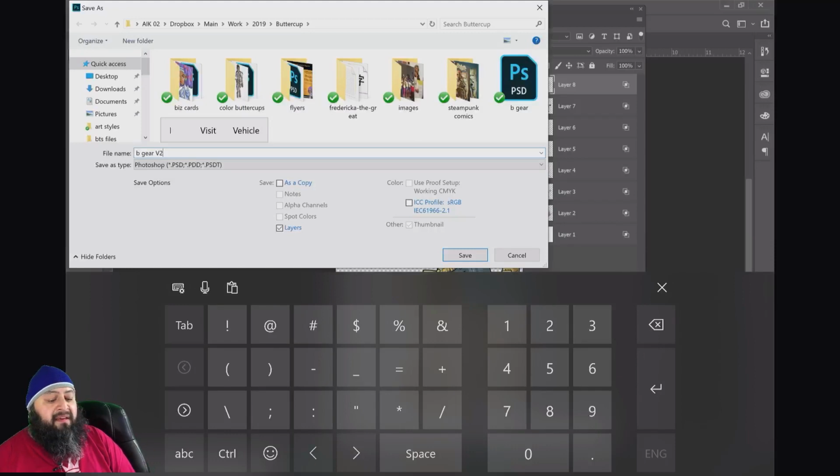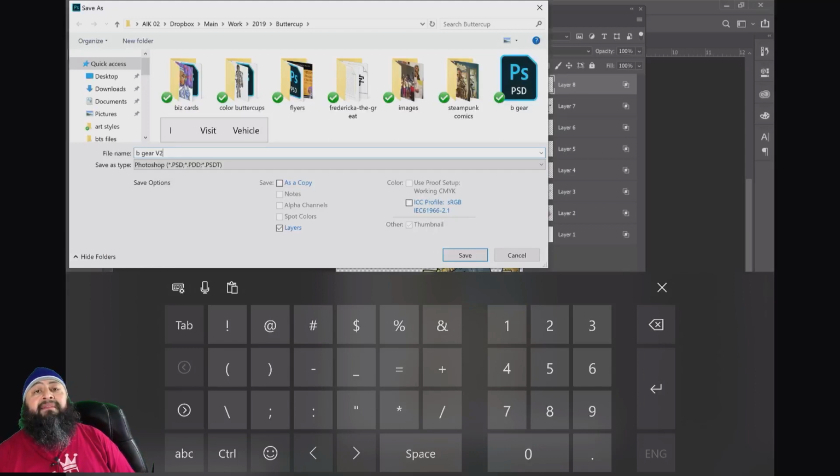Here's another tip. Never final, never the date, never, oh, this is for so-and-so, people's names. Unless you're sending a specific file, you can change the name then. But right now, when you're working through an illustration or some client work, you want to put a version on it. So that way, when you send off something to a client and you pay attention to what version you're sending them,